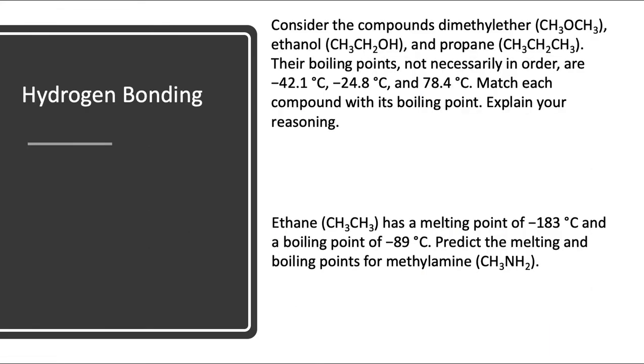Now let's look at a problem, or a couple of them. Consider the compounds dimethyl ether, here's the structure, ethanol, and propane. Their boiling points, they're not necessarily in order, are minus 42.1 C, minus 24.8 C, and 78.4 degrees Celsius. Match each compound with its boiling point and explain your reasoning. Okay,